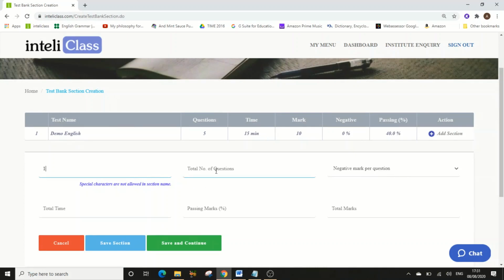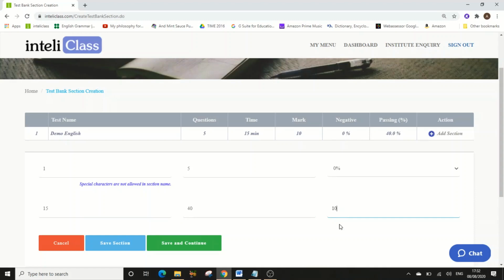Okay, now since it is only one section, all the questions would come here. Since there is no negative marking, I'll keep it here. The total time will come here. For each section you can also define the time. After that time the section will be over and the student will move to the next, and for every section you can decide the passing marks. So that's the liberty, or freedom, that you are given.